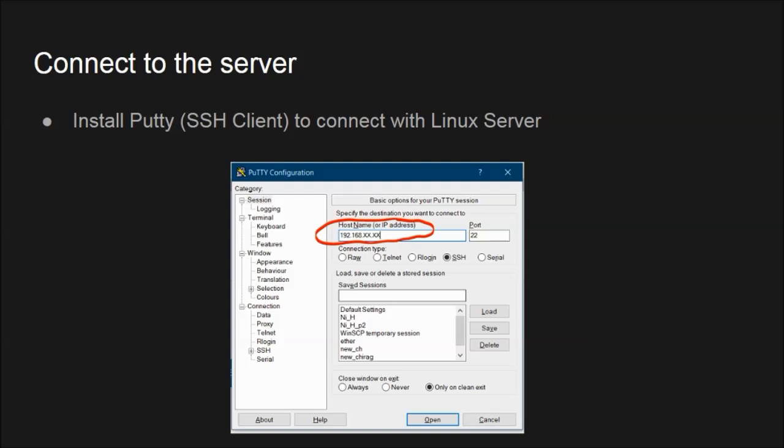Connect to the server. Now we will learn how to connect to our VPS server using an SSH client called Putty. This might sound technical, but don't worry, I will explain every step in simple language. What is a VPS server? First, let's understand what a VPS server is. VPS stands for Virtual Private Server. Think of it as a computer that you can access over the internet just like your laptop, but it's more powerful